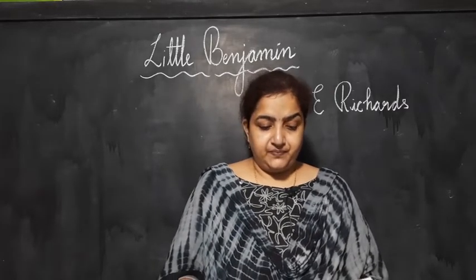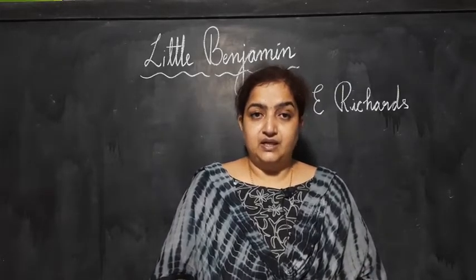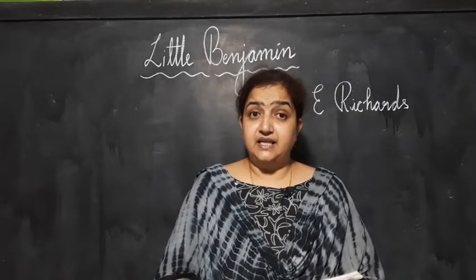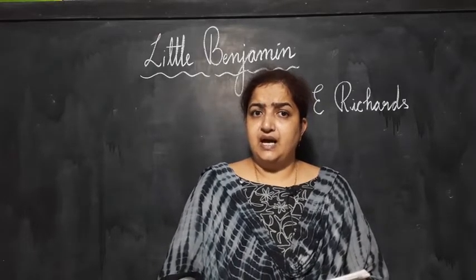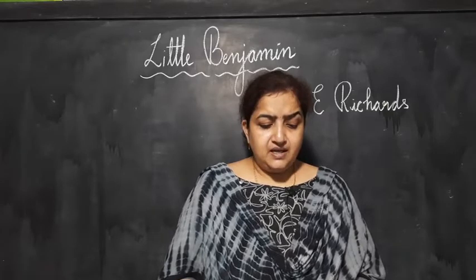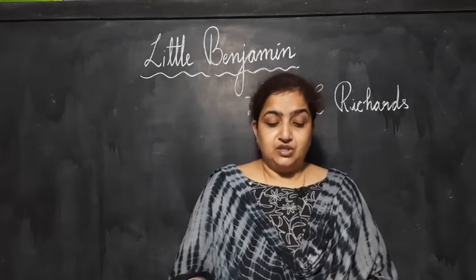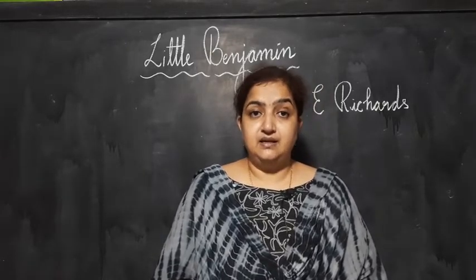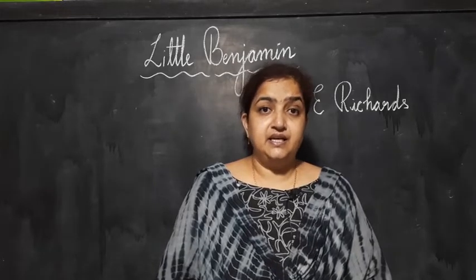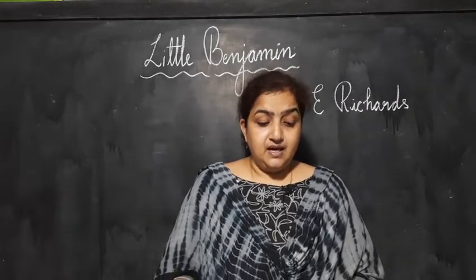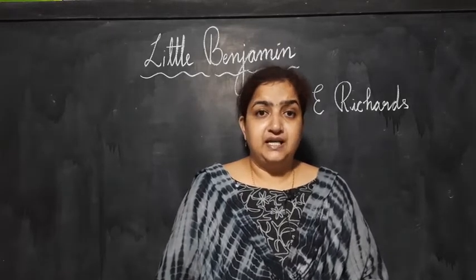So let's begin. "I think the kitty wants to come in," said Mother Golden. So now Mother Golden is saying, I think the kitty, meaning kitten, is meowing, it's crying, and it wants to come in. "I hear him crying somewhere. Would you go and let him in, Adam?" So Mother Golden is calling her son, Adam, and she is telling him, I think the kitty wants to come inside, and I can hear him crying somewhere. Can you go open the door and let him inside, Adam?